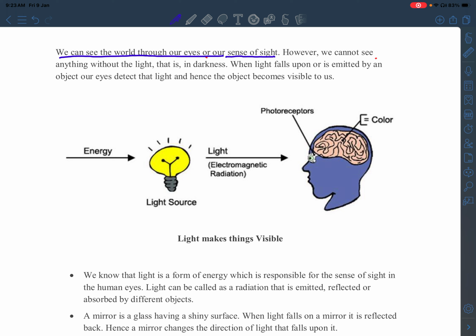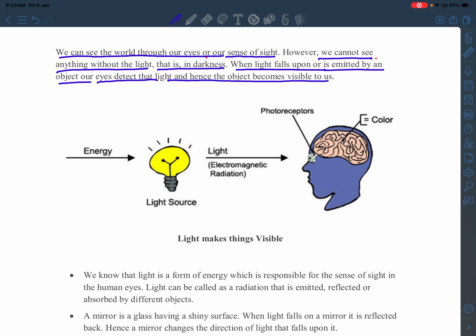However, we cannot see anything without the light. That is darkness. So it means without light, our life is like a blind, meaning darkness. We live in darkness. So when light falls upon or is emitted by an object, our eyes detect the light and hence the object becomes